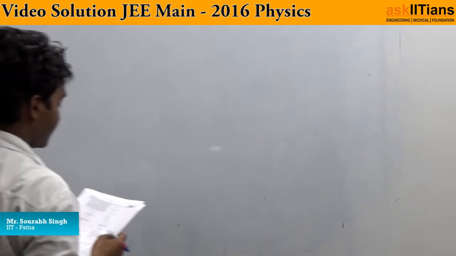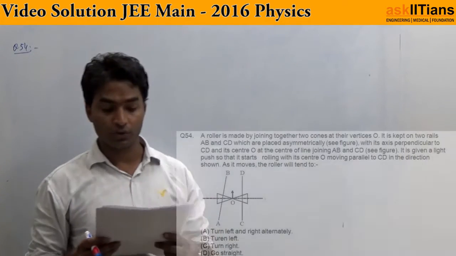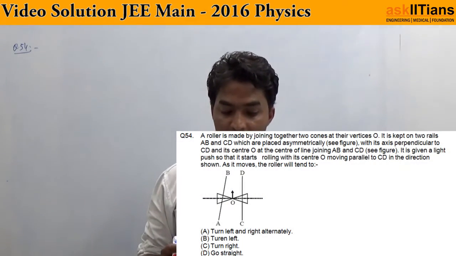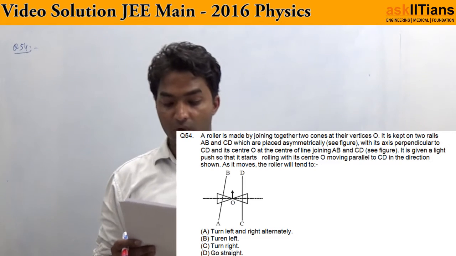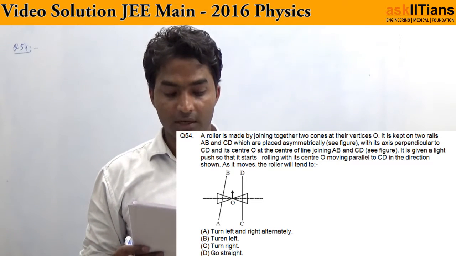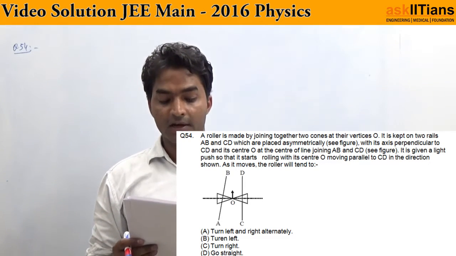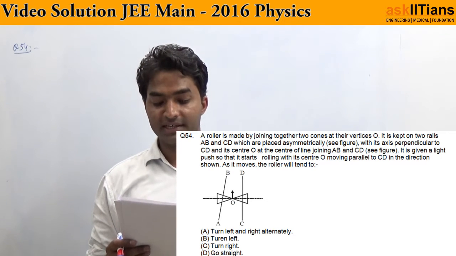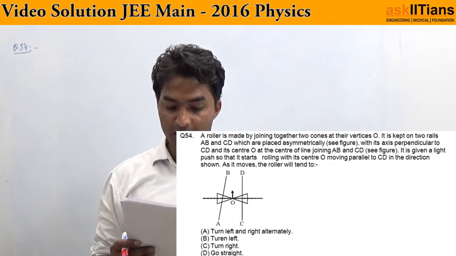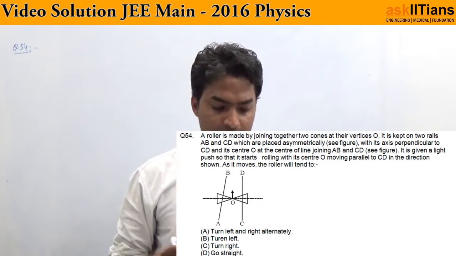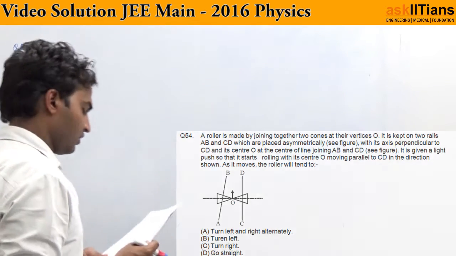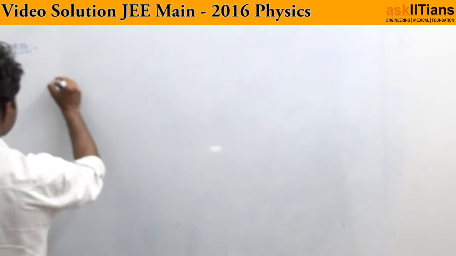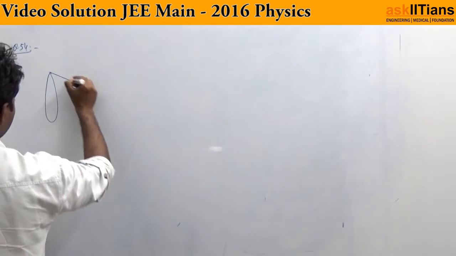In question 54, a roller is made by joining together two cones at their vertices O. It is kept on two rails AB and CD which are placed asymmetrically, with its axis perpendicular to CD and its center O at the center of the line joining AB and CD. So what we have to find out, first of all we will consider a cone,